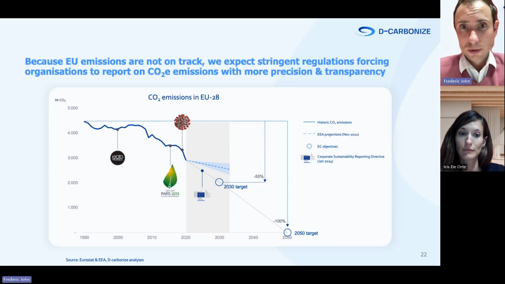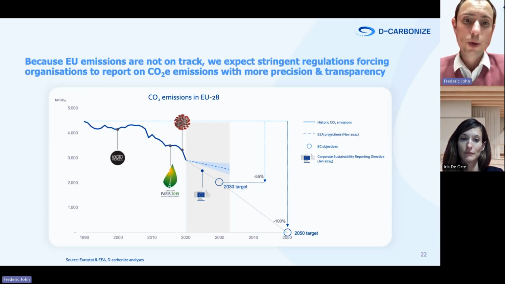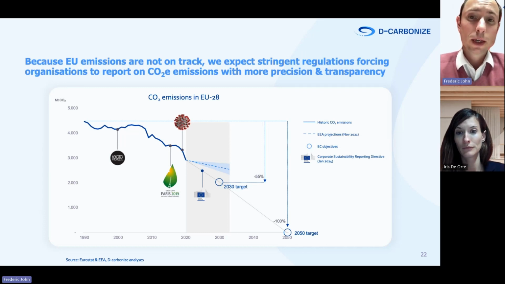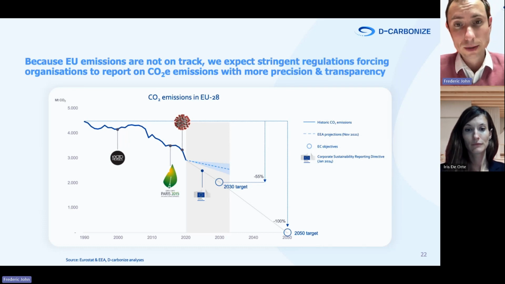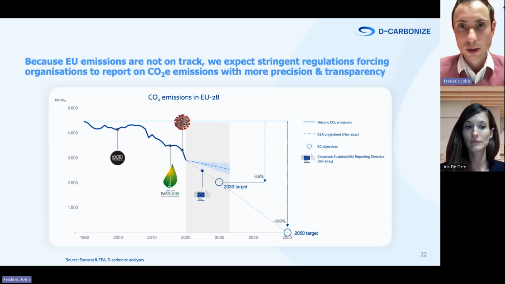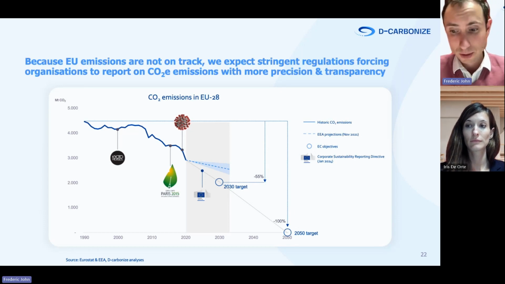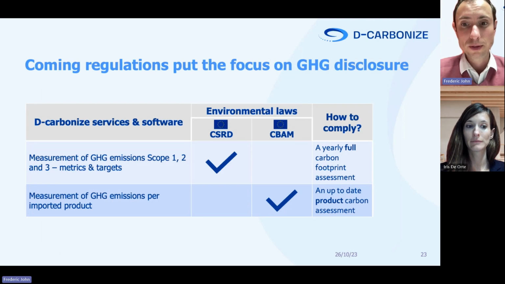The European Commission understood it very, very well. So here in this graph, we are showing you the greenhouse gas emissions that are reducing since 1990, and this is good news. But as you can see, to reach our target to be carbon neutral by 2050, we are not on track. So to try to be a bit stricter, more stringent with those emissions, the European Commission is now releasing, as of January 2024, a series of climate regulations that I just want to mention two of them, the CSRD and